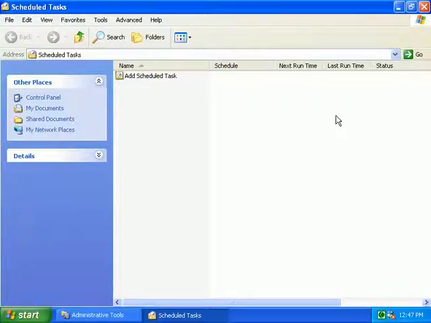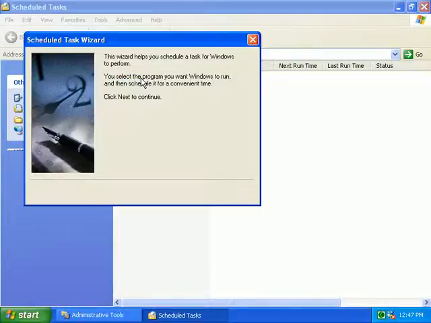Adding a scheduled task. In order to add a scheduled task, you'll first need to access the Scheduled Tasks folder, which is available in Start, More Programs, Accessories, System Tools, and Scheduled Tasks. And you'll see in the folder that you have an Add Scheduled Task wizard. If you double-click the wizard